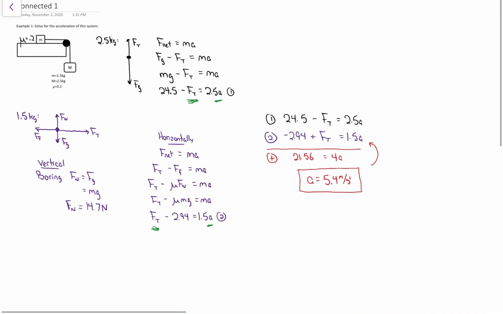That is the method I'm always going to do for connected objects: free body diagrams, Fnet equals ma, get two equations and solve that system. That method will work every time. You may be able to look at this and see a shortcut way. I'm okay with that. Just be aware that sometimes what works as a shortcut for one question may not work with the